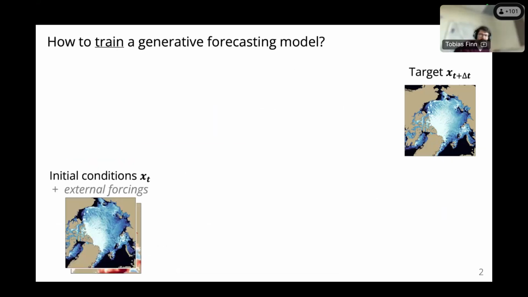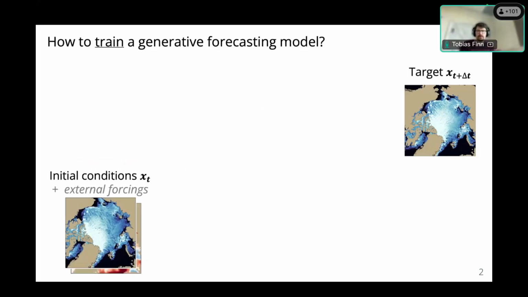The general idea of these generative forecasting models is that we have our initial conditions, and we might have also external forcings, which are kind of important for CIs. During training, we know what we want to predict. So we know, for example, how the CI looks like in 12 hours.